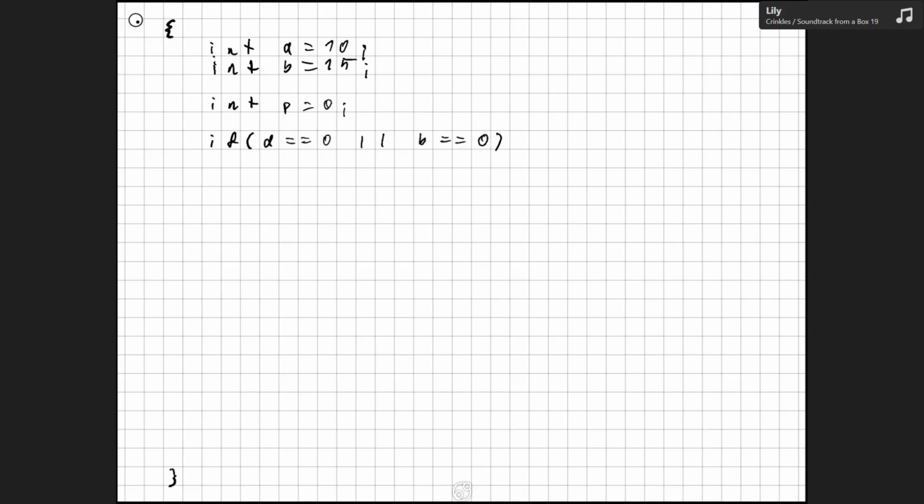Don't have to think too much about it, but keep in mind, comparison is equals equals. Important. So if either of them is 0, we can ignore the entire multiplication and directly jump to the end, which I'm going to do this way. Of course, that means the code we write in here, the multiplication, has to happen if it's not this. And the way we write that